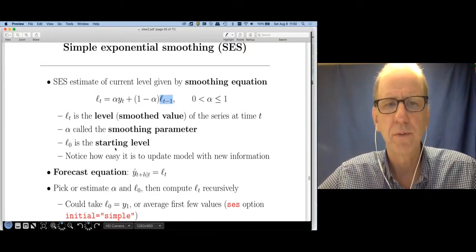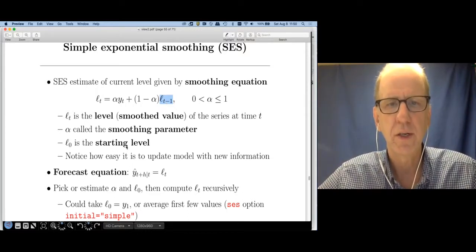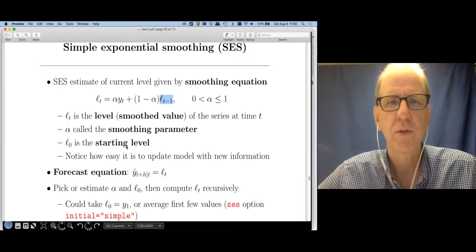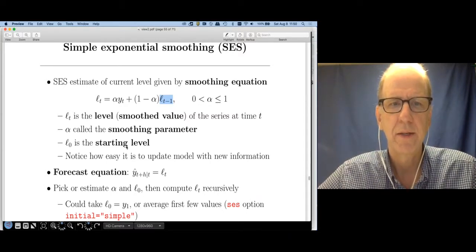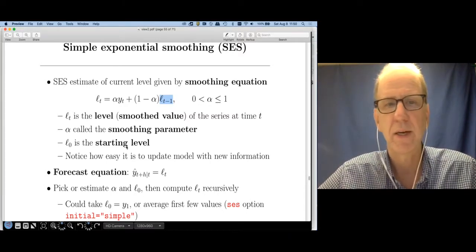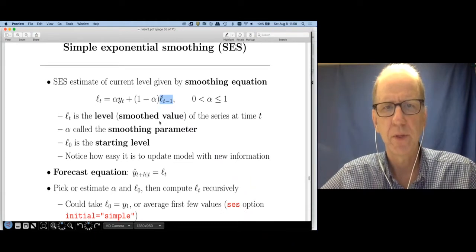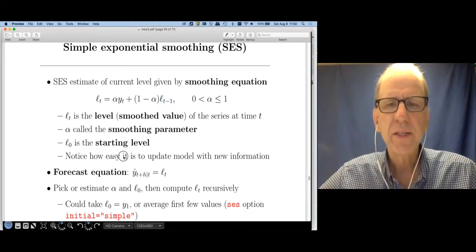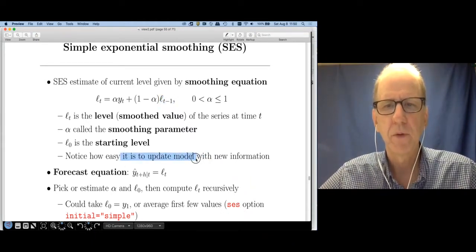L sub 0, we're going to call a starting level. So you've got to start somewhere on this, and I'm going to discuss that in a second. Okay, one more really important thing to note about this is it's very easy to update your model when you